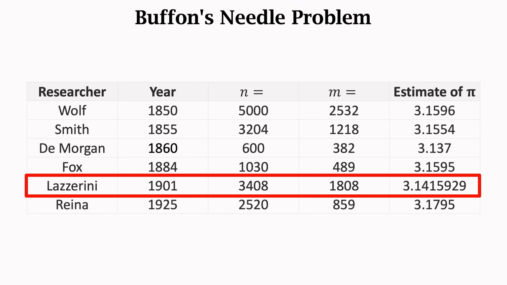Concentration inequalities show that the convergence rate is square root n. It means if n becomes 1 million times larger, then the error is 1,000 times smaller. He repeated the experiment only 3,400 times. Even if he repeated the experiment 1 billion times, the precision could not be that high.